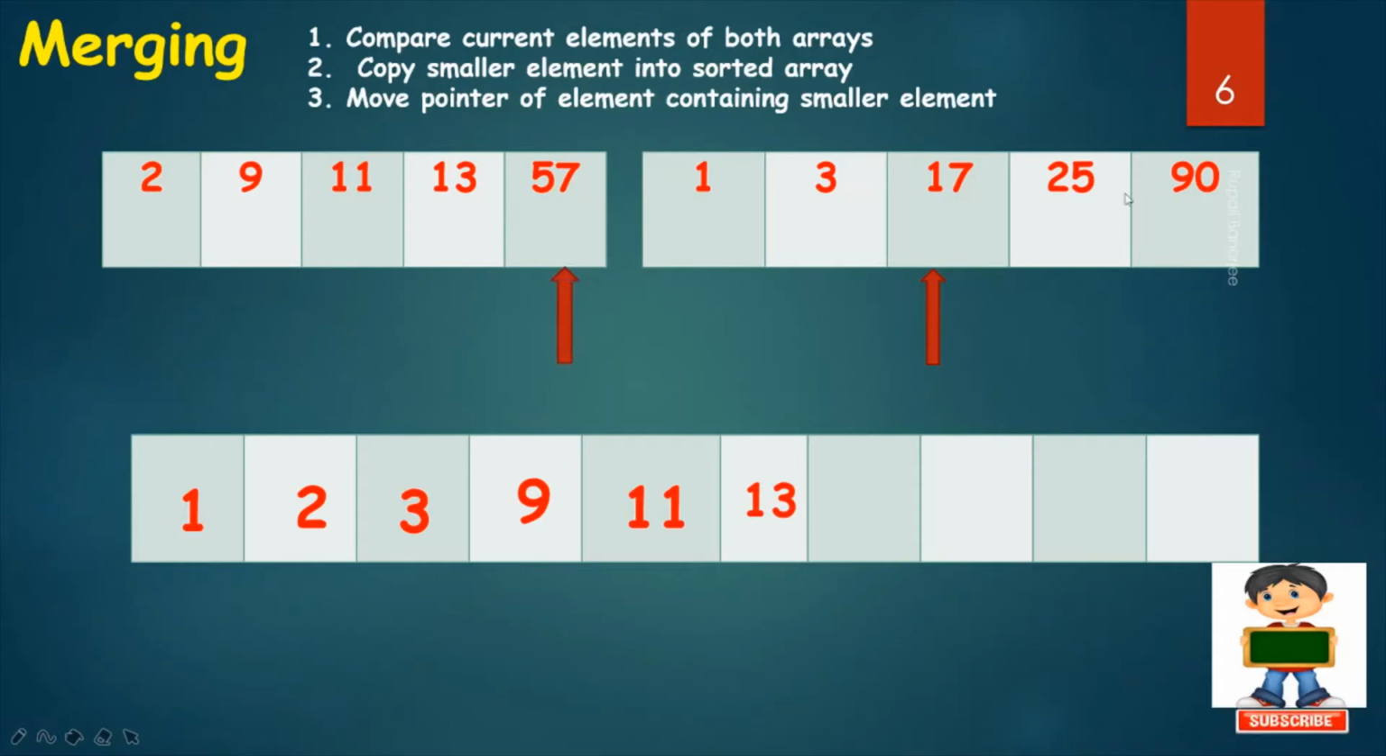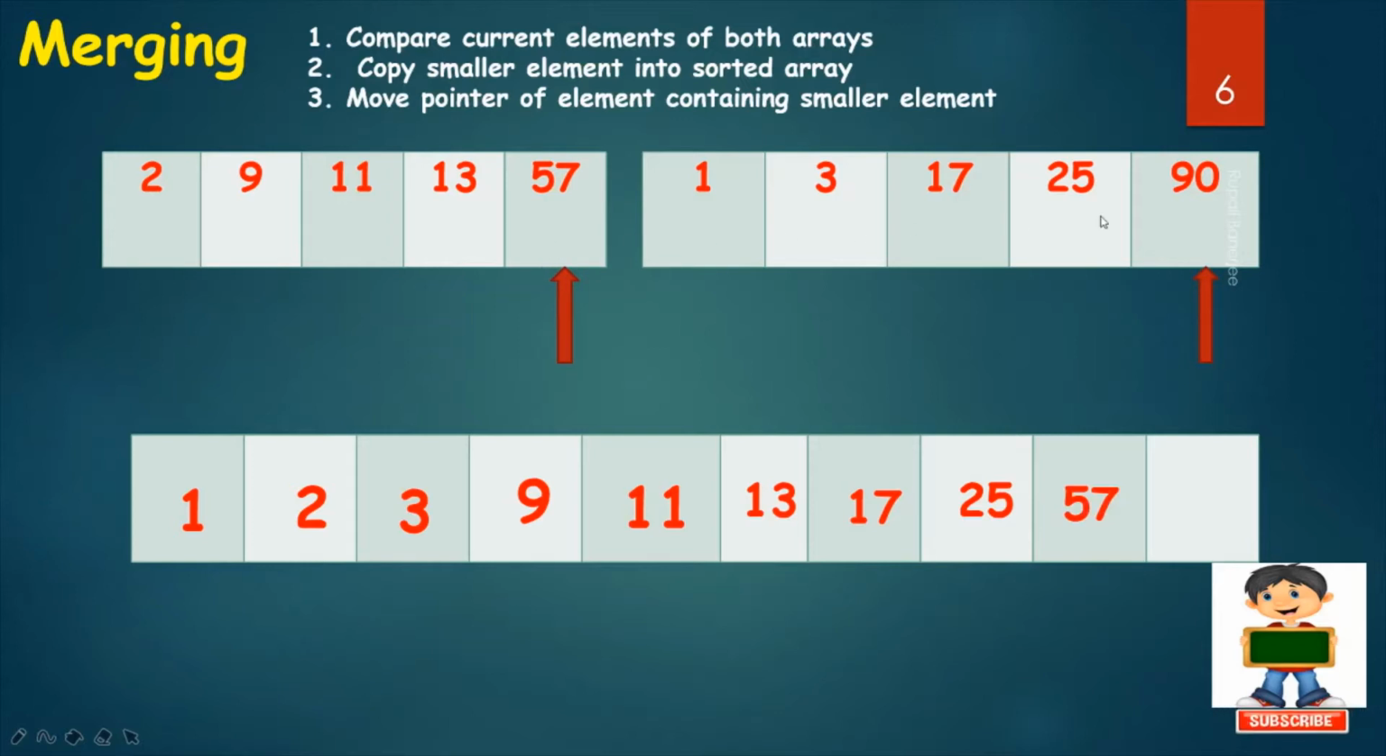Now compare 17 with 57 because 17 is smaller, so move the second pointer. Now compare 25 with 57 because 25 is smaller, so copy 25, move this pointer. Now compare 57 with 90 because 57 is smaller, so copy 57 and we have reached the end of